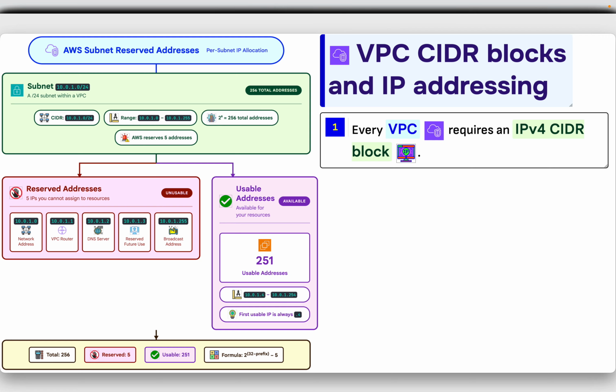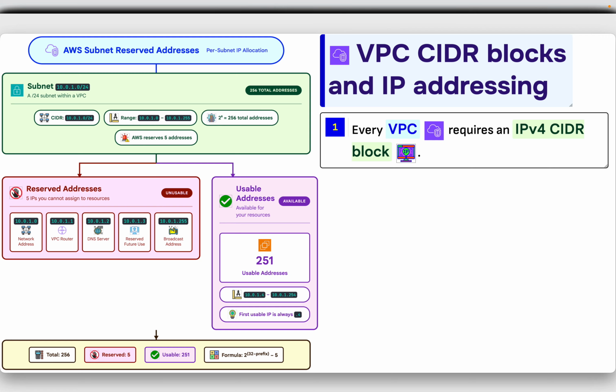So 10.0.1.0 is the network address, 10.0.1.1 is the VPC router, 10.0.1.2 is the DNS server, 10.0.1.3 is reserved for future use, and last, 10.0.1.255 is the broadcast address. So this leaves 251 usable addresses